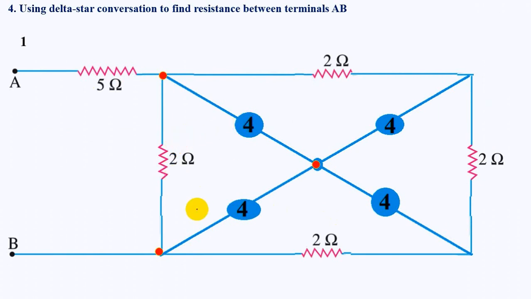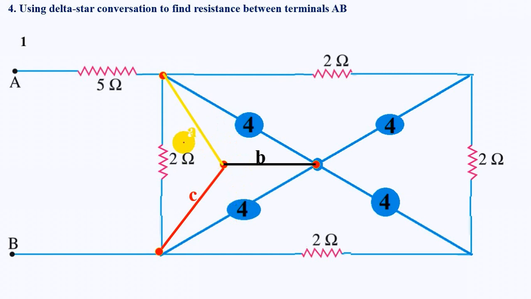Whenever you're using delta to star, how many ends will we have? We'll have 3, right? So connect from each end, and I probably have not named them. Let us see. Yeah, I've named them. So A, B, and C. That's yellow, black, and red, right? We're using delta to star. So concentrate on these elements 2, 4, and 4.